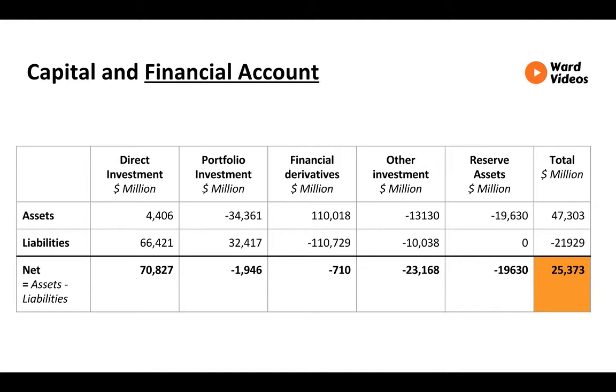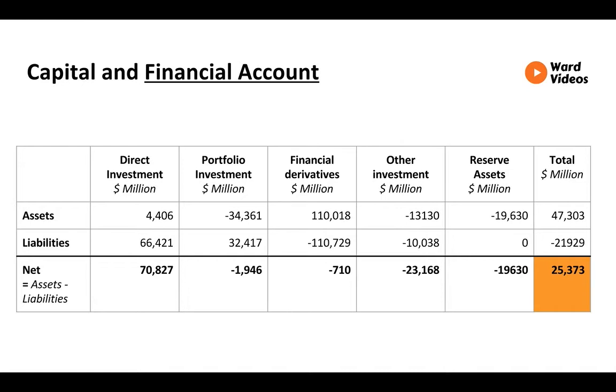Then financial derivatives, which are used for risk management, hedging, arbitrage and to generate a return. Other investment, transactions not classified in the other areas, and reserve assets, foreign financial assets owned by the central bank, i.e. the Reserve Bank of Australia. Now, don't get too caught up in the definition of each of these. Just know that they are direct investment, portfolio investment, financial derivatives, and other investments and reserve assets in the